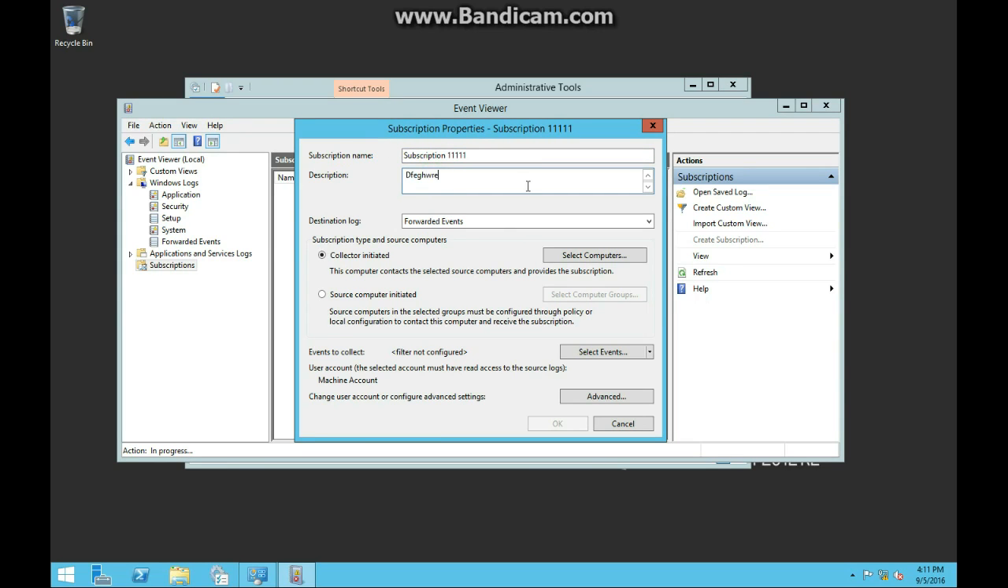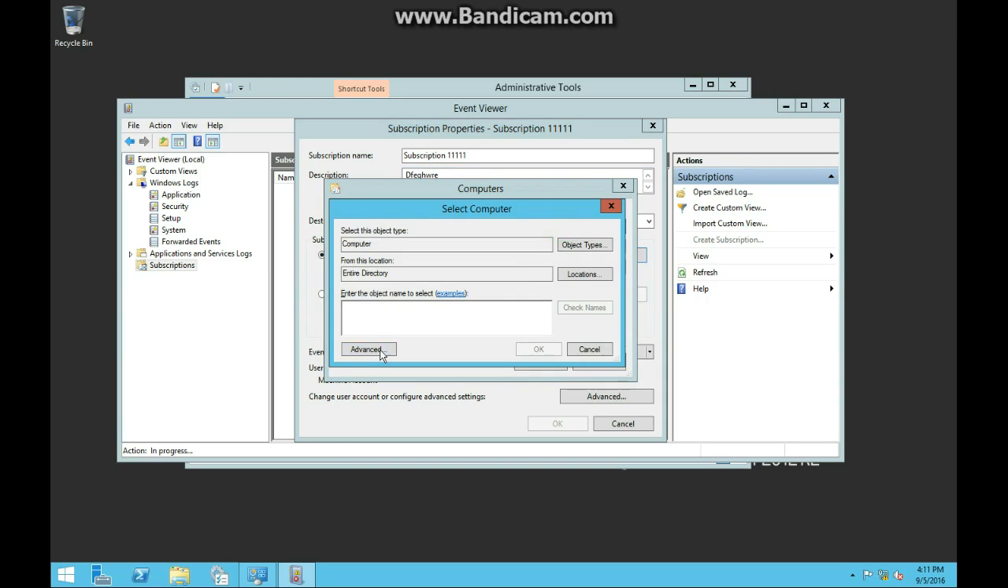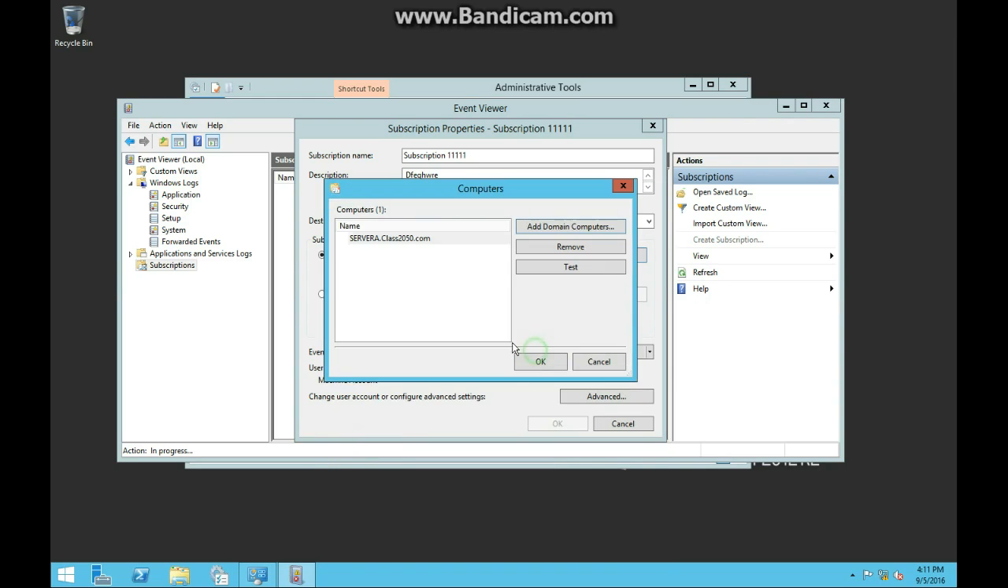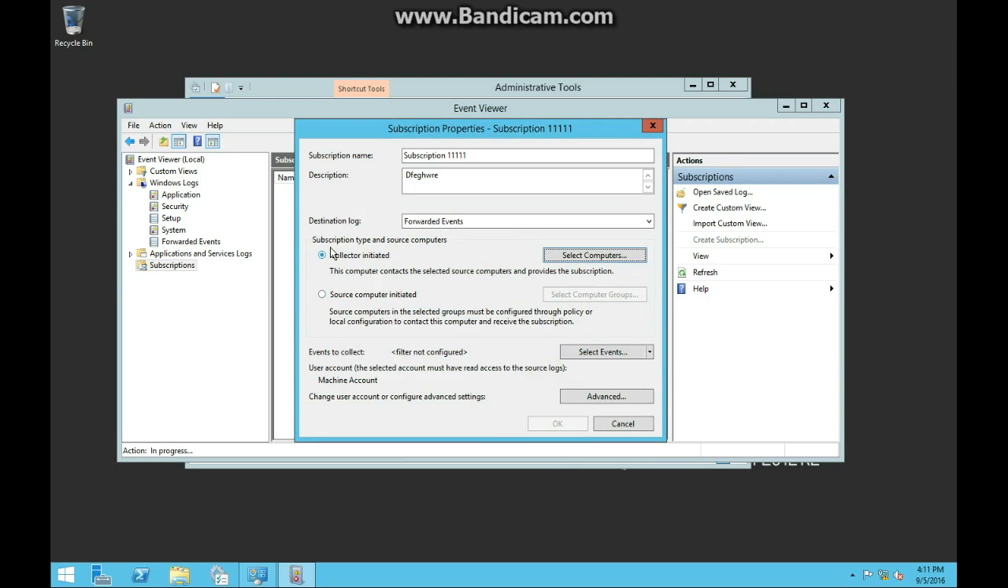Subscription, no matter, for events, it's the log to be stored in. Collector, we want to go ahead and add our domain computer. In this situation, we'll do server A because this is what we'll be collecting from. So this computer contacts the selected source computer and provides a subscription. Source computer is our computer, in this situation server B, and server A will be contacting server B and provide